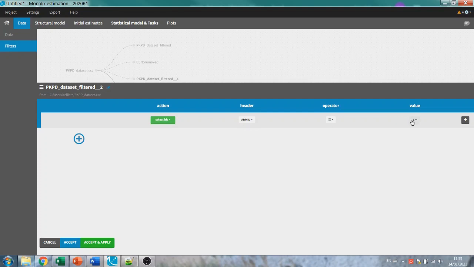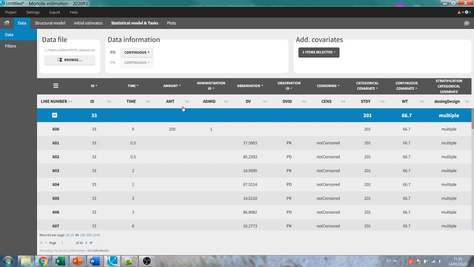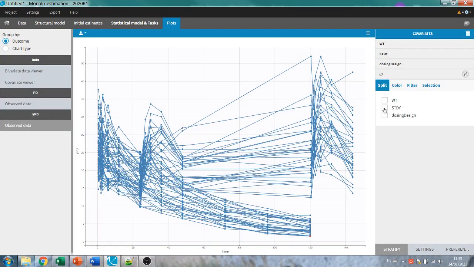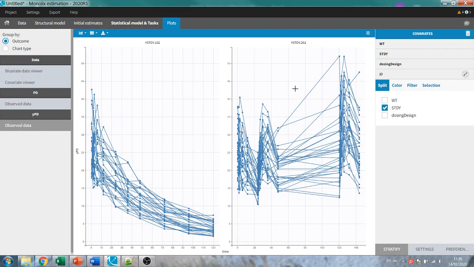When I do this, all individuals which have at least one dose tagged with ADM ID equals 1 will be selected. So this includes the individuals which have an IV single dose, and those who have received the IV loading dose first and then the oral doses. If I accept and apply, I can check this in the plots. If I split by study, I see that I have only those 2 studies, corresponding to the individuals which have at least 1 IV dose.